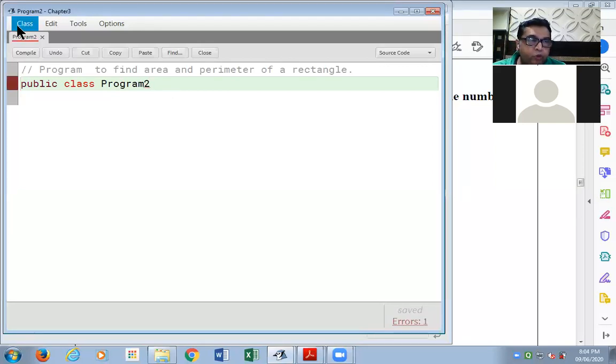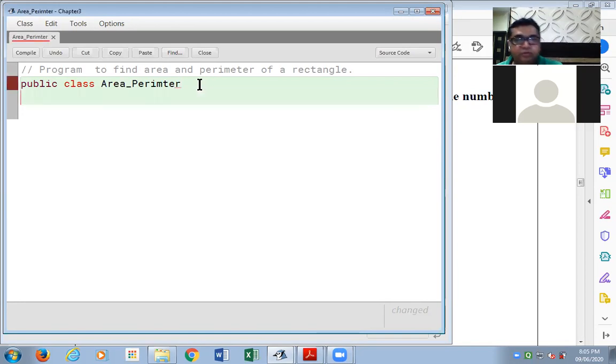So when you do new class and you give the name to your file program two, then your class name should also be program two. The other thing is, if I refer to the school solution, the class name is mentioned as area perimeter. So this could be the class name. It could have an underscore in between also. That could also be the class name. Now when I clicked on the button new class, I gave it the class name as program 2. Now I'm giving this. Don't worry, BlueJ will make the change for us. We have shown this to you earlier.